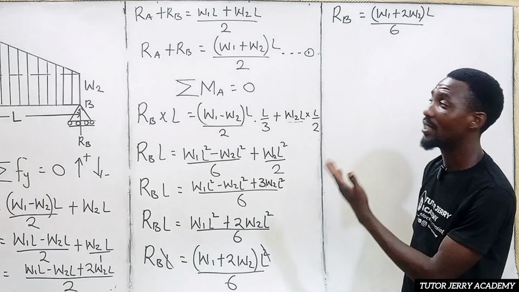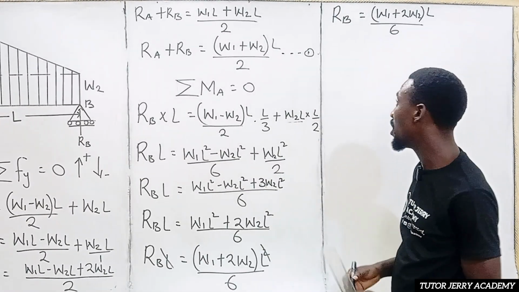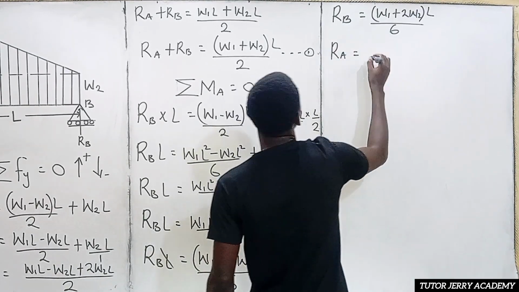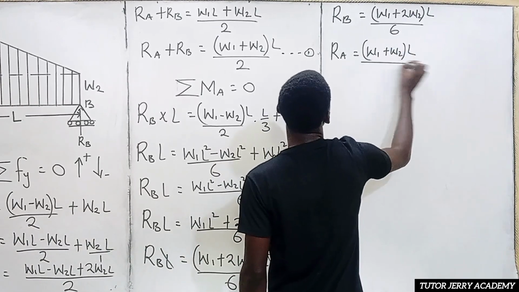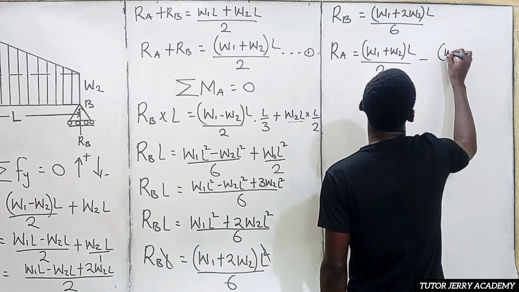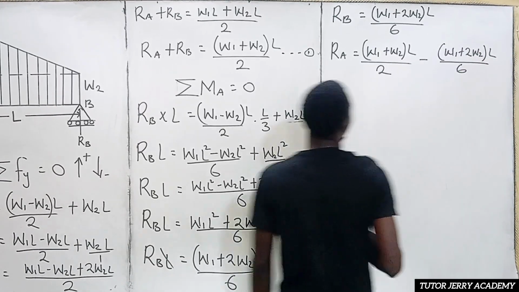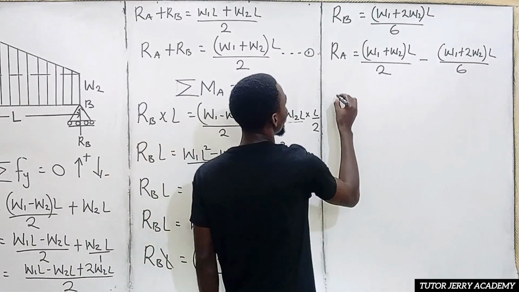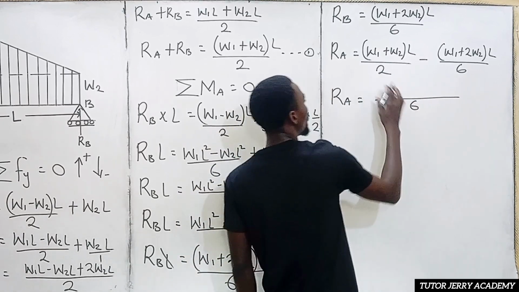to be R_A plus R_B equals W1 plus W2 multiplied by L all over 2. So here we are going to have our R_A to be equals to W1 plus W2 multiplied by L all over 2 minus R_B, which is going to be minus W1 plus 2W2 multiplied by L all over 6. All right. So the LCM of 2 and 6 is 6. So we are going to say R subscript A will be equals to the LCM of 2 and 6 is 6. 2 in 6 is